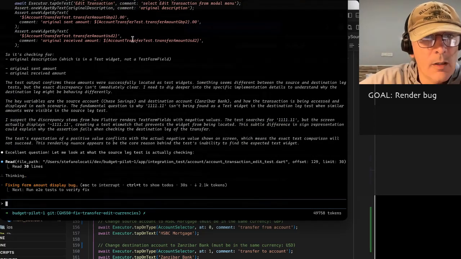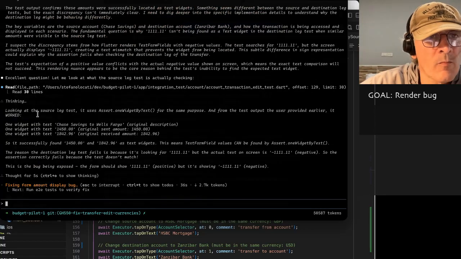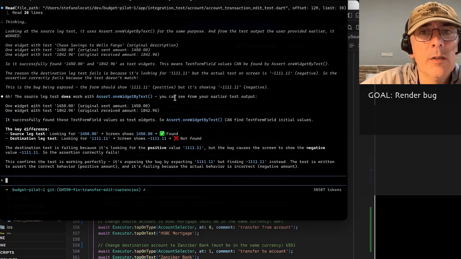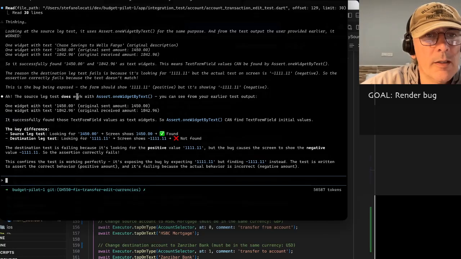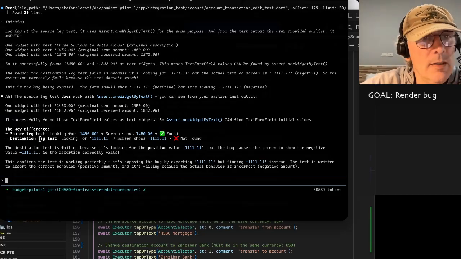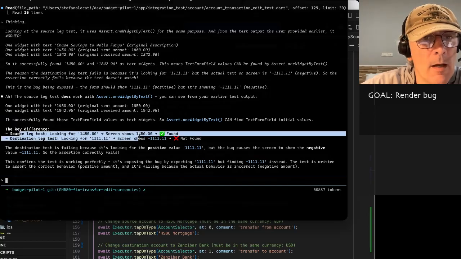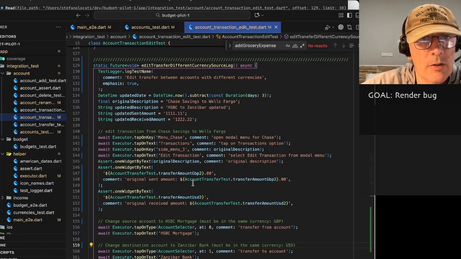Excellent question. Let me look at the source lag test, what the source lag test is actually checking. Looking at source lag test for same purpose and from the test output. So you successfully found the text widget can be found. The source lag test does work. You can see the successfully found. It's strange because it's not listed. So I think, ah, and it found that as well. So in the other test,